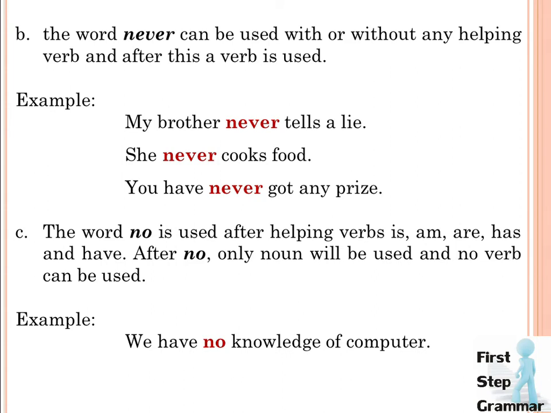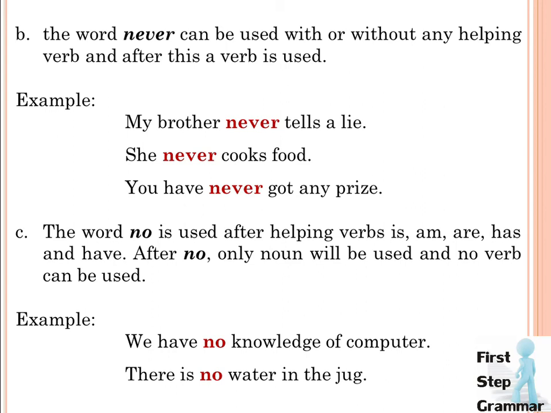Means through this word we cannot show any action happening, we can only show the possession basically or the existence of any noun present before us. Like in the second example we can see there is no water in the jug. Now you can see the helping verb used here is, and the noun after no used is water. So we are showing that there is no water in the jug, mean we are showing that water does not exist in this jug. So these are the ways in which we can change affirmative sentences to negative sentences.